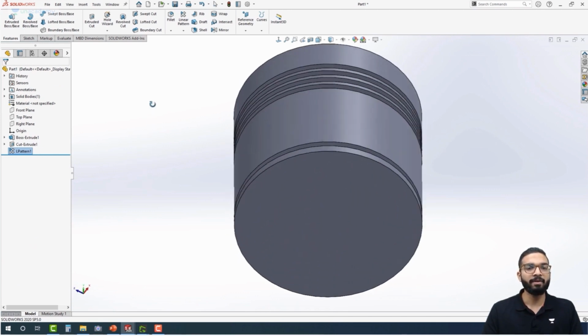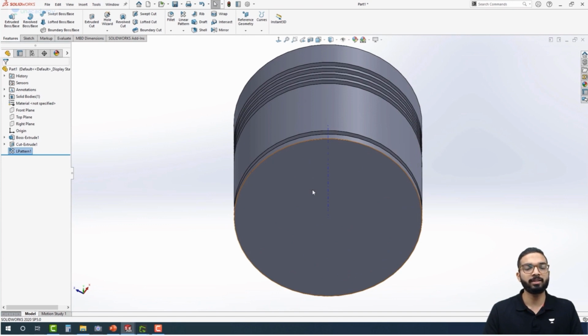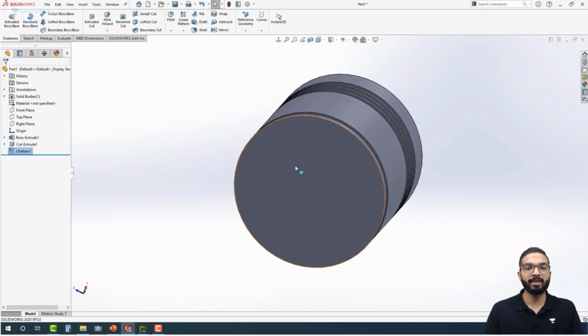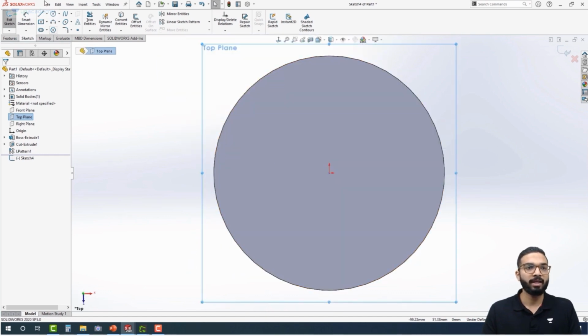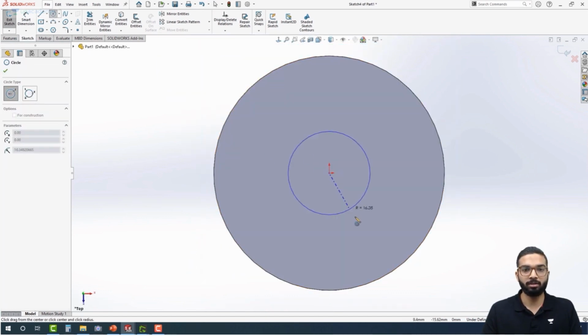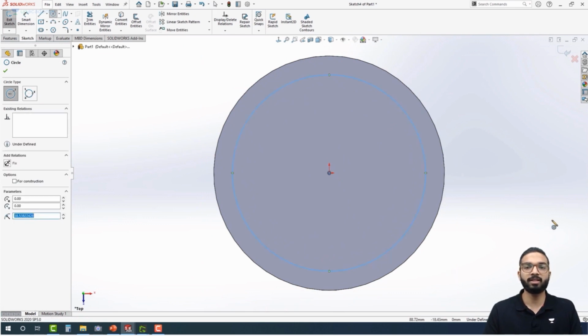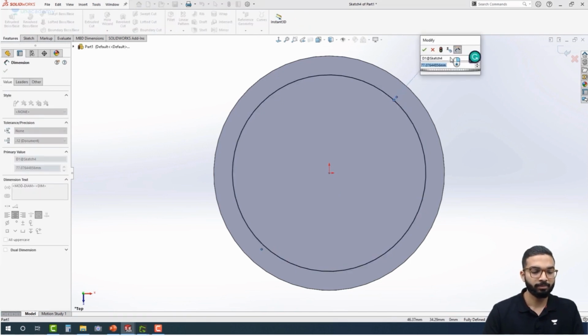Now I will create a hole in this piston head, as it was hollow when we saw in the pictures. Again, I will click on top plane and sketch. It is a good practice to always sketch on these primary planes, so that the references don't change much. Now, first I will set it normal to our screens and then again draw a circle here from the origin itself. If I go to Smart Dimensions and give it a radius of 74 millimeters, I will enter 74 here and